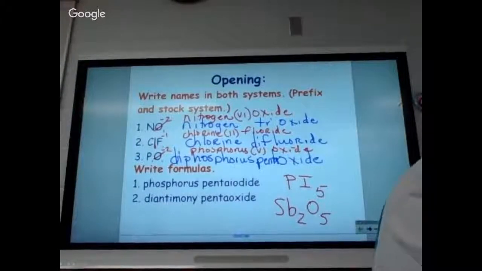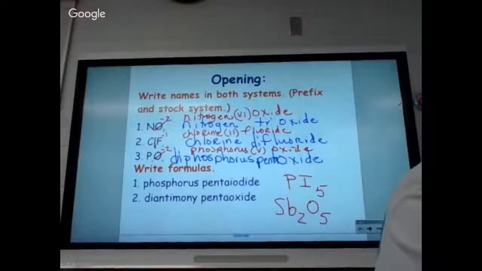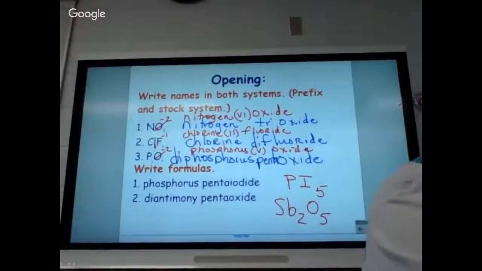So number 1 is carbon dioxide. 2, carbon monoxide. 3, sulfur dioxide. 4, sulfur trioxide. 5, dinitrogen monoxide. 6, nitrogen monoxide. 7, dinitrogen trioxide. 8, nitrogen dioxide. 9,